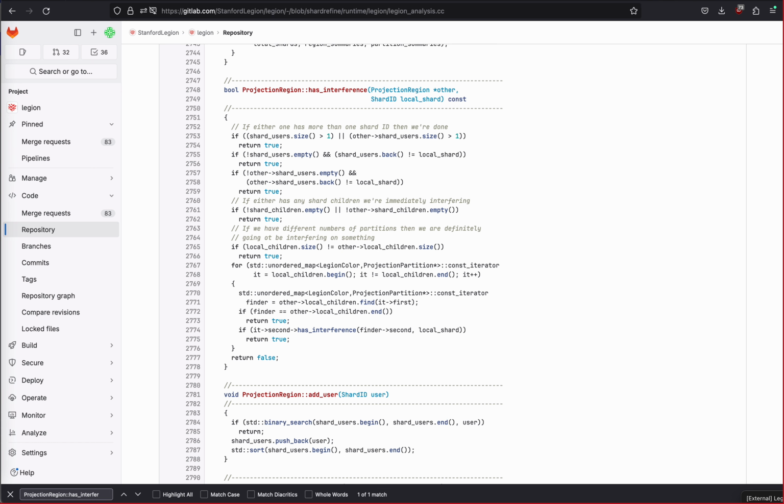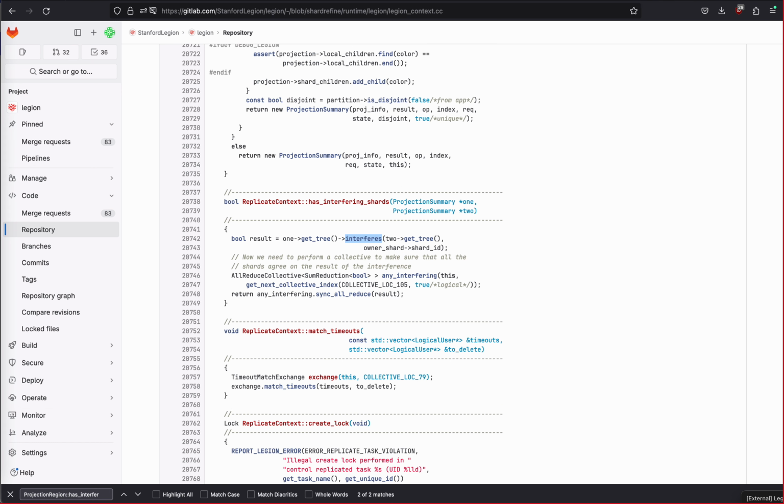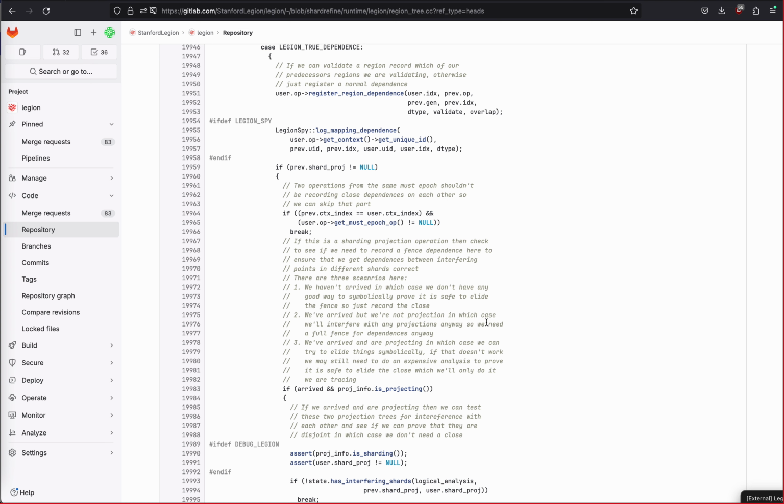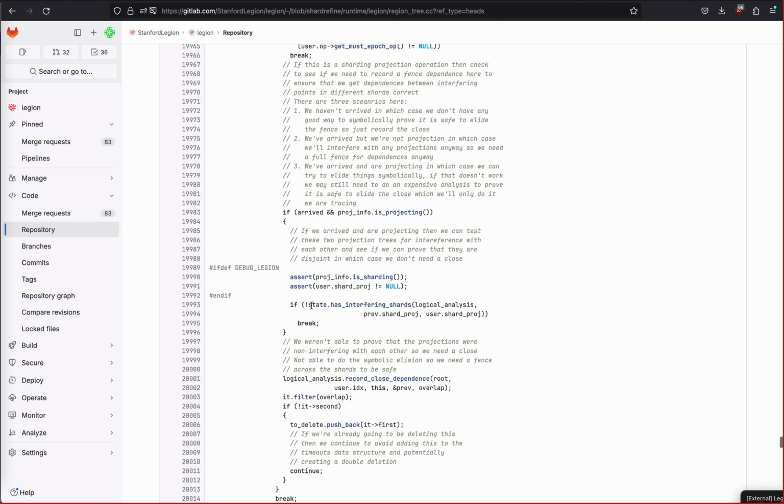And so if I'm just popping back up the stack here a little bit, you do that recursive test across each of those two projection trees on each shard, and then they do an all reduce of the results across the shards to see if any of them recorded the need for a fence, right? And if any of them did, then you can conclude that you actually do need that particular fence across the shards. Right, and again, this all pops back up to this has interfering shards test,